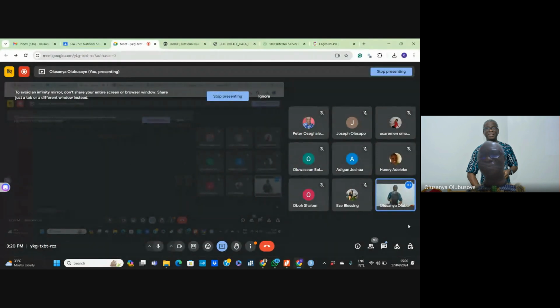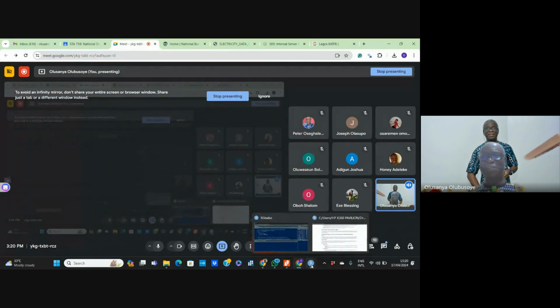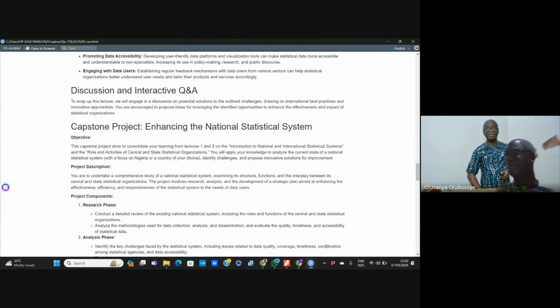Yes, Joseph. My question is on the aspect of accessibility of data. Should there be a law on how data is accessed? I'm thinking of the place of confidentiality of a particular data so that it won't be misused. Yeah, if you are going into personal detail, then there is a legal provision that forbids disclosure. There is a legal restriction for you to give out personal details,